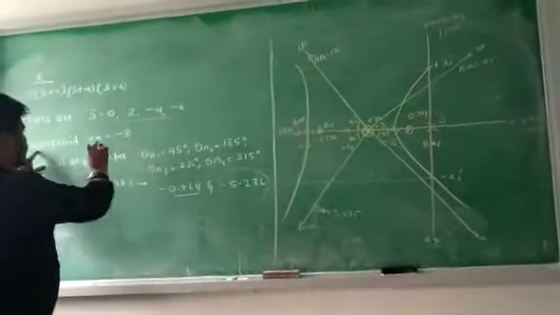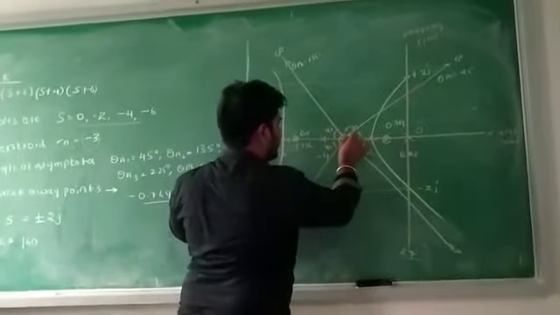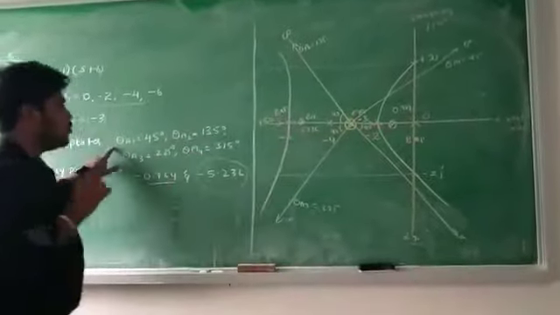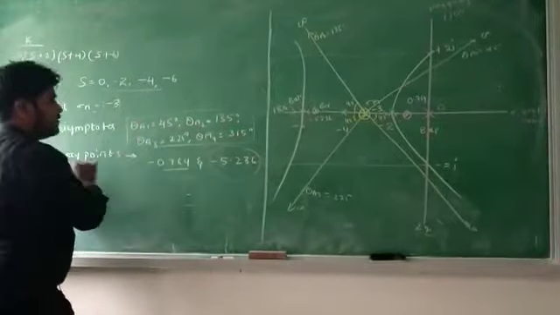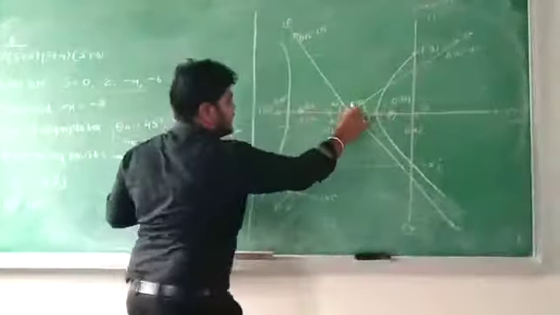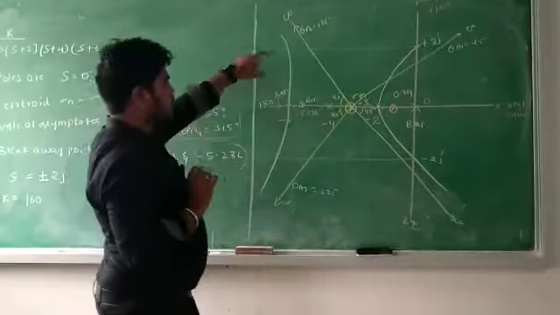After that you make a point for the centroid. Centroid is minus 3. Somewhere you will get there minus 3. After that you have to point out the angle of asymptotes. Angle of asymptotes, we have 4. Theta A1 is 45 degree. Directly I take a protractor and take 45 degree. Second one is 135 degree, but you should not take 135 here.